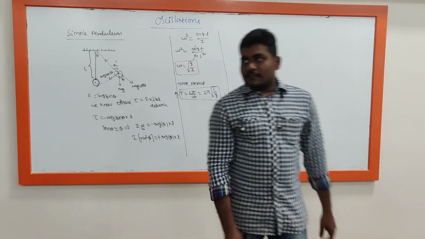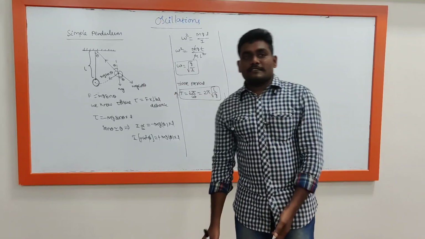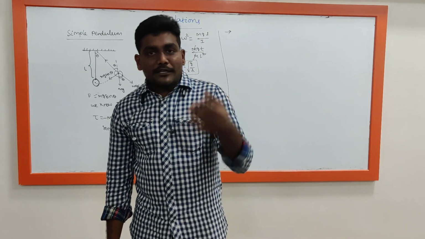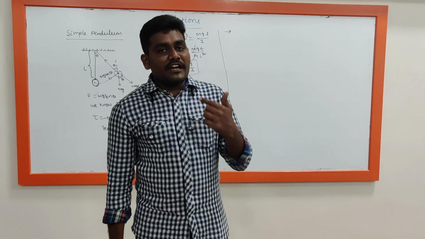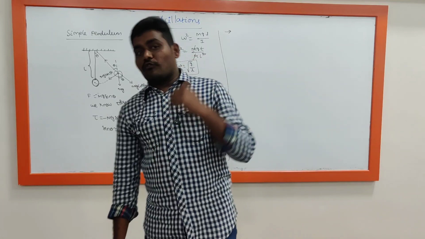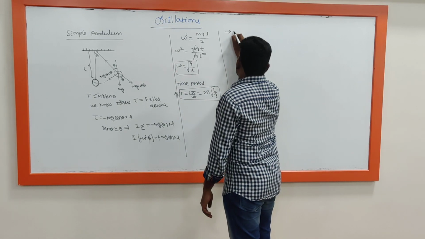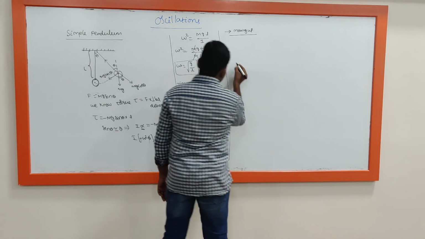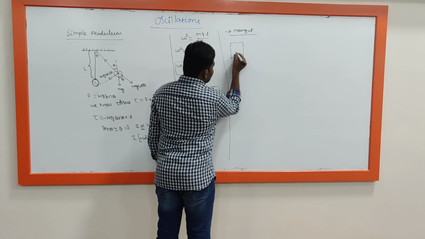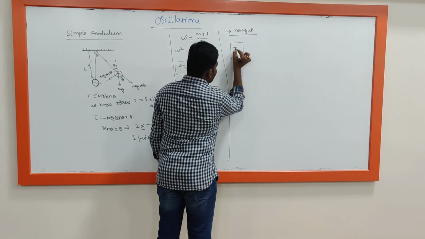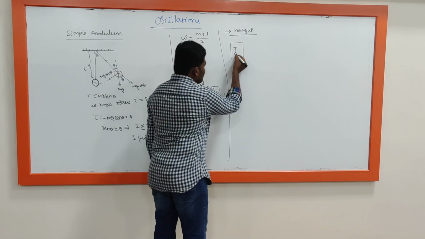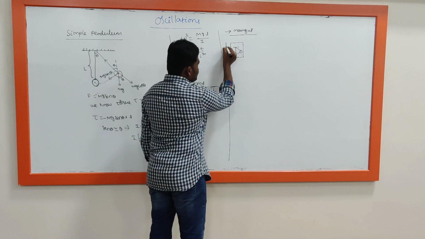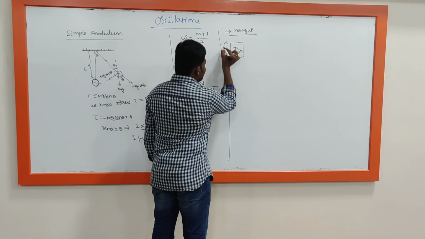Suppose consider an elevator. A person is standing in a lift when he is moving upwards. Like that, we are going to take the pendulum. Pendulum in a lift when it is accelerating upwards and when it is moving downwards. Suppose moving up. So this is the elevator. In that elevator, we are taking a pendulum. So here, the lift is moving upwards.